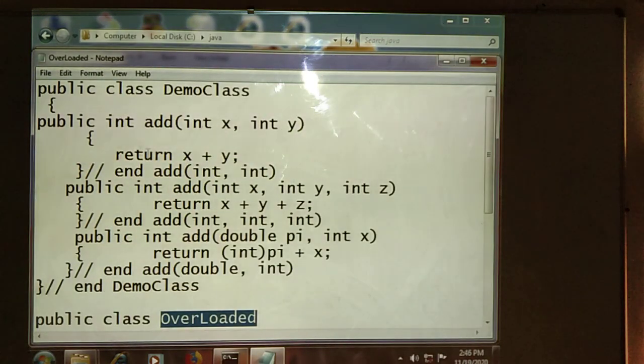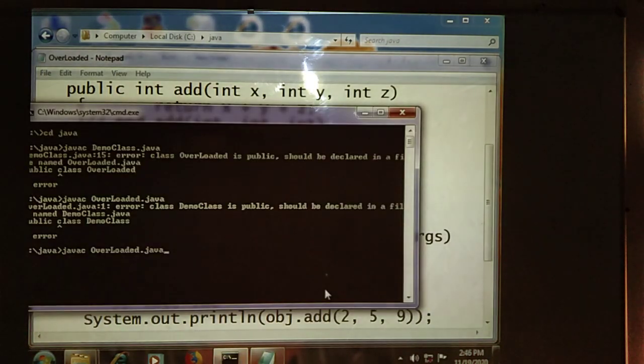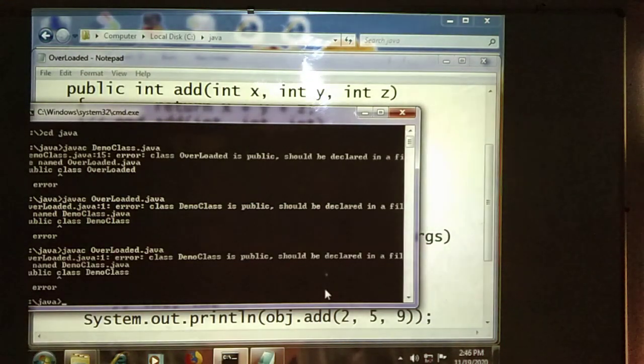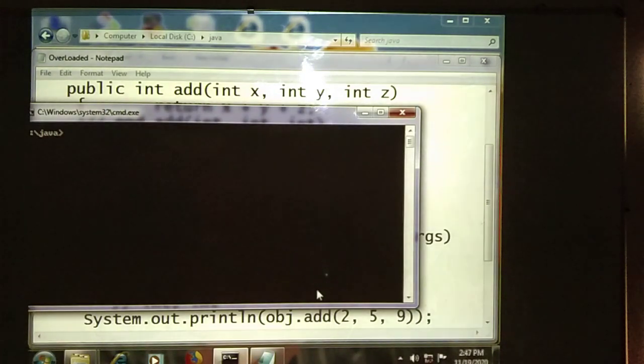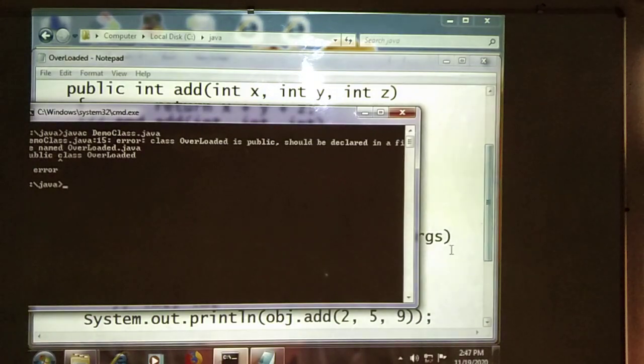Okay, we will begin with public. Ctrl S we need to be using. Class demo class. CLS we are going to be using. Class overloaded.